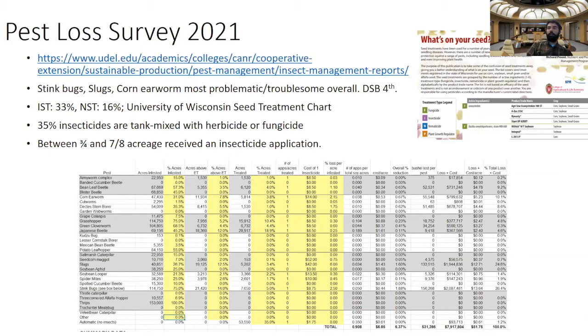Just recently, I finished wrapping up summaries for the annual soybean insect pest loss survey. Much thanks to everyone who received and returned surveys. This survey covered close to 90,000 acres. Generally, stink bugs, slugs, and corn earworm were reported as being the most problematic pests. The invertebrate pests. Insecticide seed treatment, I estimate, was on about 33% of the acreage,